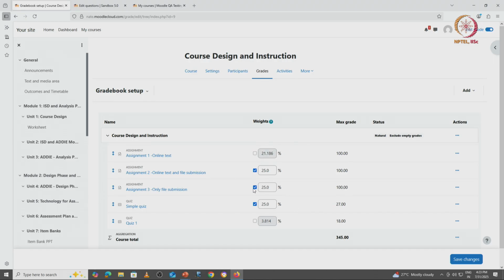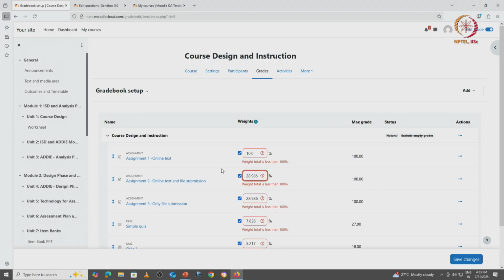If we unselect this one, then we will not have the option to edit. If we select, then only we will get the option to edit. It is based on the assessment pattern of my course. I have to give weightage for each of the activities I will be giving in my class. So, I will give assignments, each of the assignments as 10% weightage. Okay. As you can see,